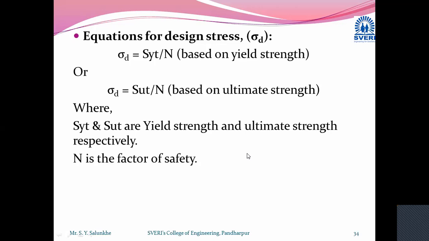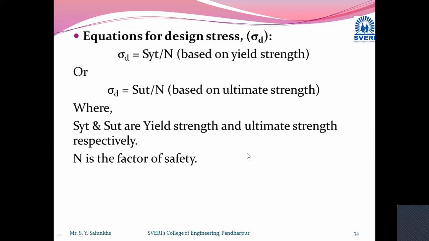Now here we are going to see the concept of design stress. Once we understood the concept of factor of safety, then this factor of safety where we have written failure stresses, that is nothing but where that component is going to fail. So when that component is going to fail, that stress you are going to consider, and you are going to use a certain amount of factor of safety, and you are going to calculate allowable stresses.